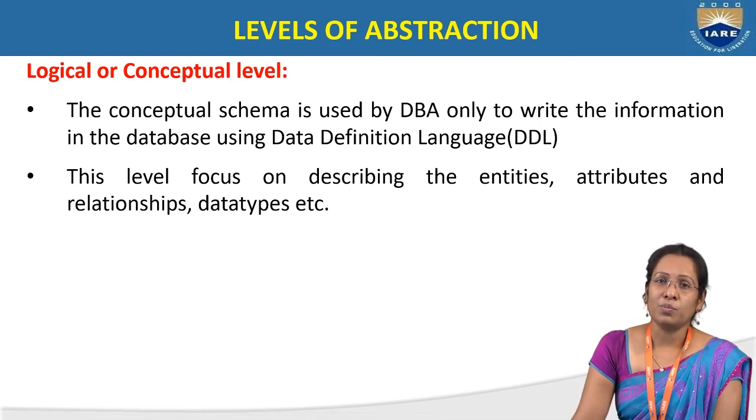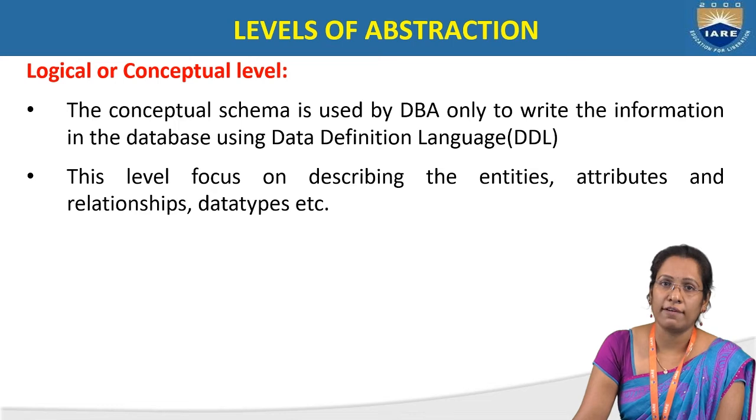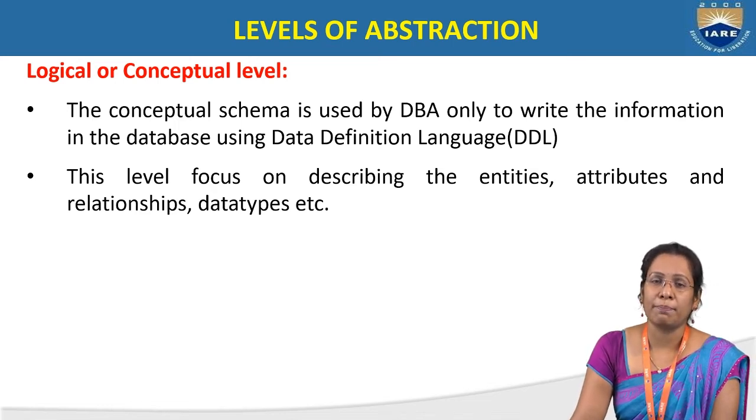Here, in order to provide the relationship between two tables, we make use of the relationship concept, and while creating the table, each and every field is prescribed with a data type. So the conceptual level will hold information like the table name, what the fields in the table are, the fields' data types, and the relation between two different tables. That total data will be included in the conceptual level. From the conceptual level only, it can produce a part of the data to the user, whichever is required.